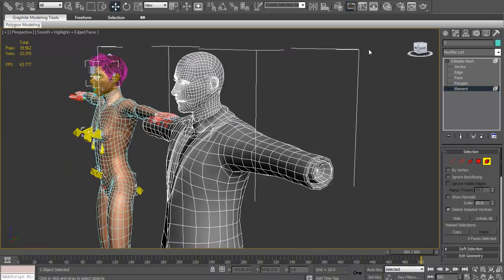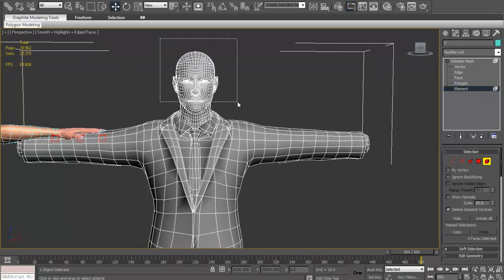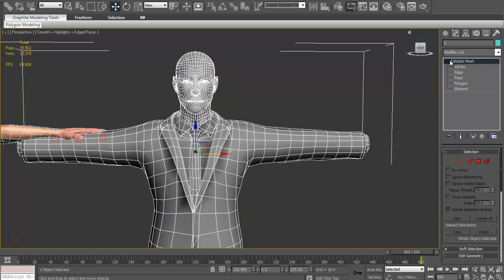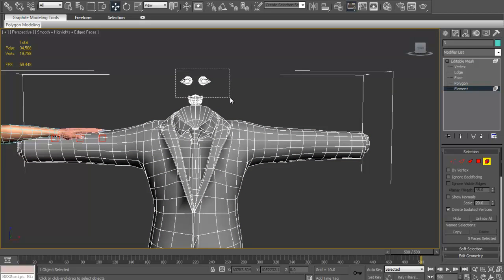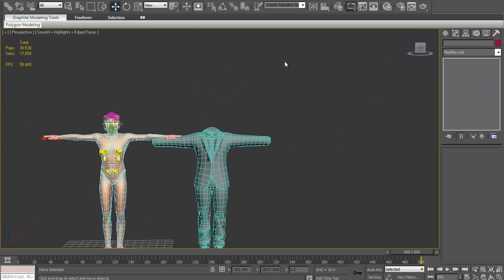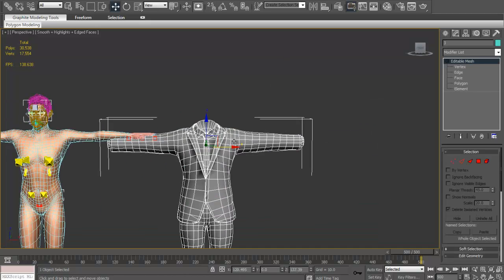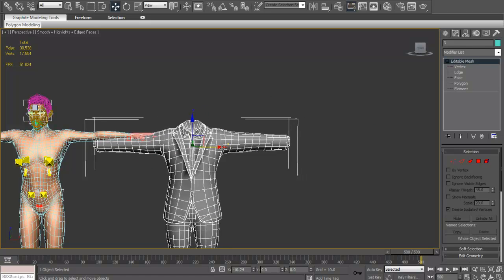Okay, that's your shirt, that's why. And we're going to go head. Delete. Eyes. Delete. Okay, so back to editable mesh. Once you've got that right, we're going to pop it back onto